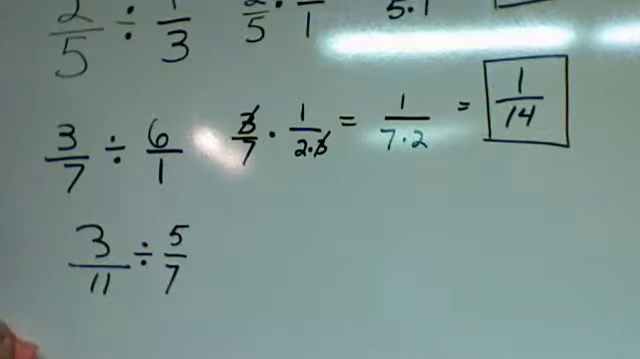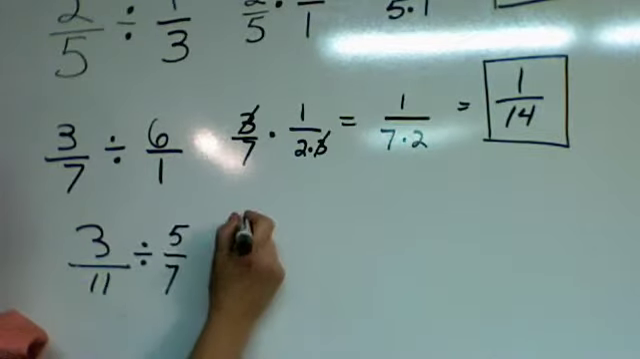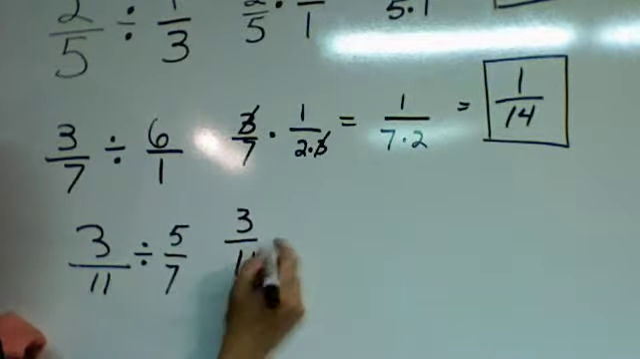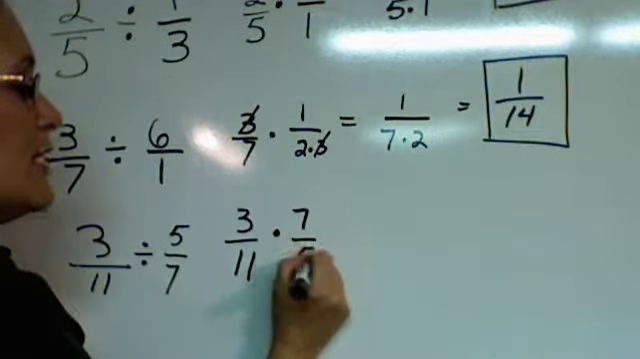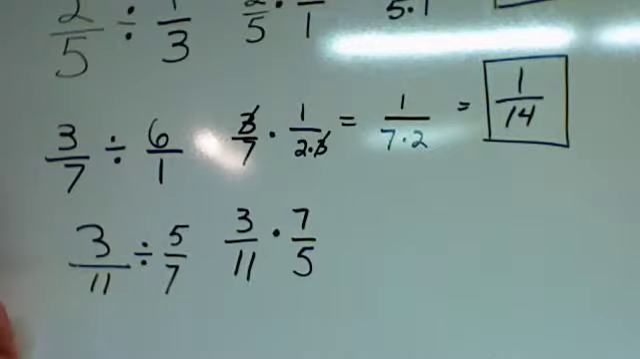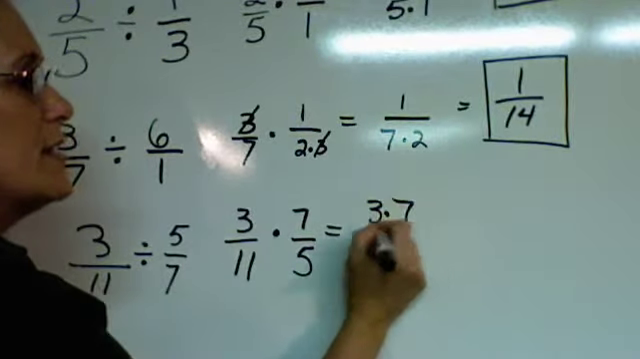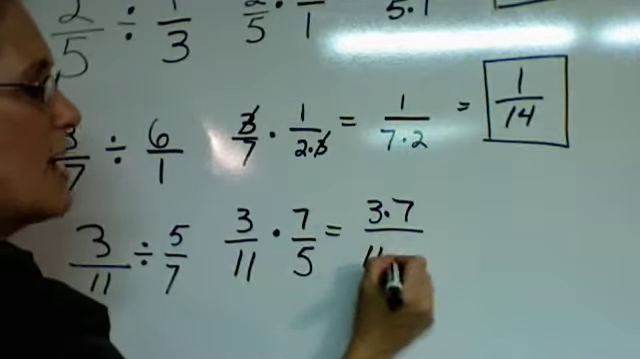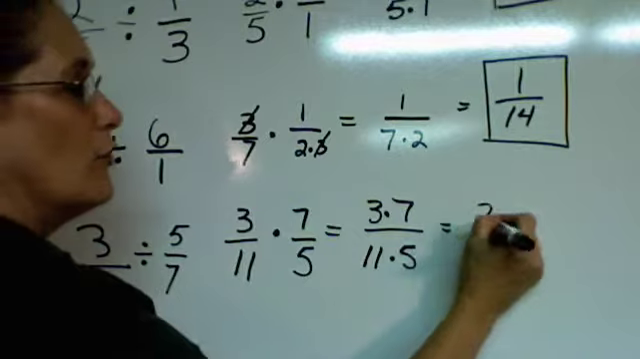Once we've written it into this fashion, it looks like all the other ones we just did, and we're going to use that invert rule. So we're going to flip the second term here and make it into a multiplication problem. 3/11 times 7/5. From this point, I'm going to look to see if anything cancels. Well, everything is prime. Nothing breaks down and nothing cancels. So we have 3 times 7 in the numerator. We have 11 times 5 in the denominator. We multiply straight across,